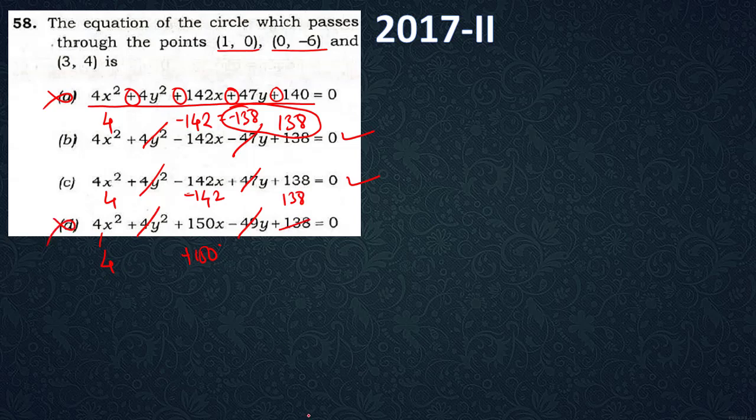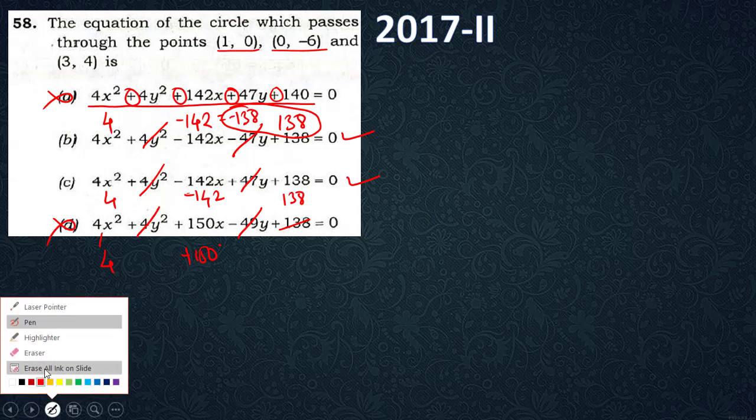Now how to mark the correct option among B and C? Now look, A and D are eliminated. Okay, now the remaining are only options B and C. Let's check, substitute the second point here again. Here x is 0, so directly substitute x is 0. So this becomes 0, this becomes 0. Okay, this becomes 0, this becomes 0. See here, this part of both. So if you are substituting minus 6, this becomes positive.